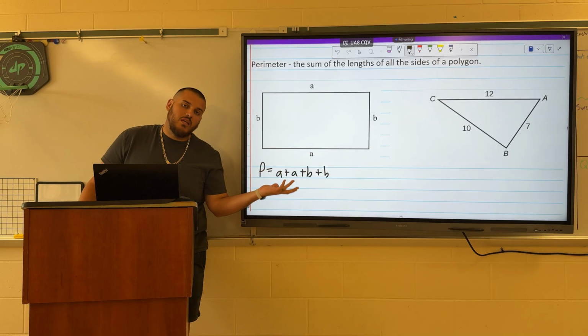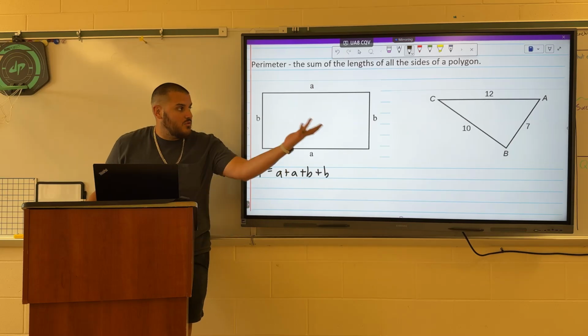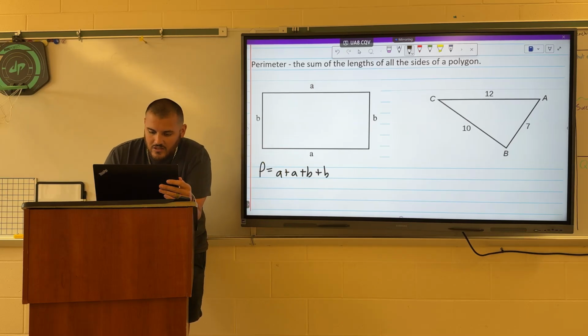All right, so this would just be an example where we don't have exact lengths. If we look at the triangle on the right, we do have all three sides given there. So in that case, we would just do 10 plus 7 plus 12 to get our perimeter of 29 units